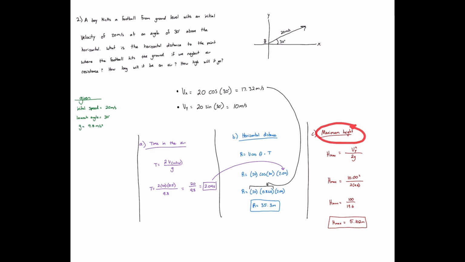Now to find the maximum height, we look at only the vertical motion, which is this, and we use this equation. Here we could use the velocity given for the y, and then you square it, divide by 2 times gravity, and we get 100 divided by 19.6 to get a maximum height of